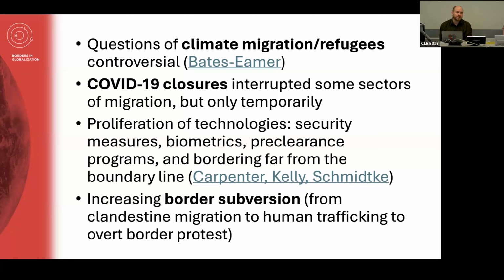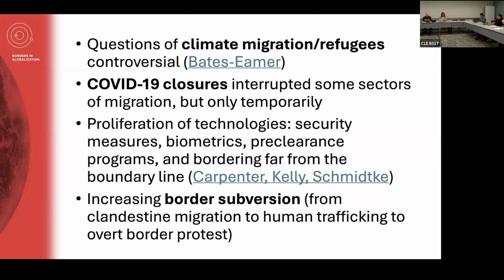And if they have to move or flee to another country, technically they do not count as a refugee under international law because it's not state persecution that they're fleeing. So there are questions about whether or not there should be new categories of refugees introduced into international law to facilitate the reception of asylum claims for folks fleeing climate change.